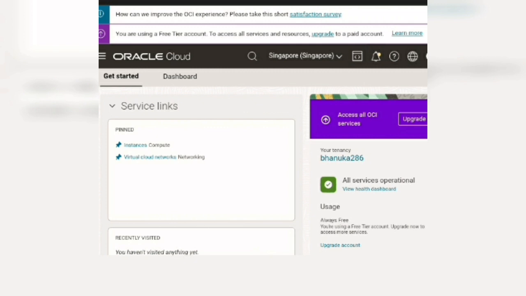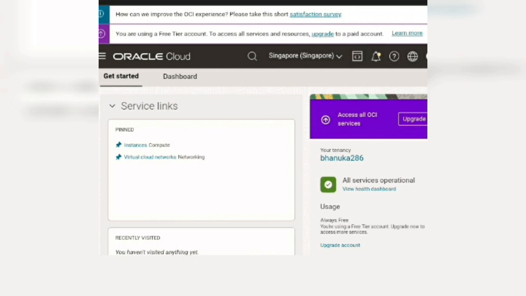But there are some things you need to know. Listen carefully, because these are the most important things. First, you need $100 for this. Let me explain. If you remember the day you created your Oracle Cloud account, Oracle Cloud took $1 from your credit card, but after a short time, Oracle Cloud automatically refunded the $1 to you. This time Oracle Cloud takes $100 from you, but after a few seconds, Oracle Cloud refunds the $100 to you. So, you must have $100 for this method.